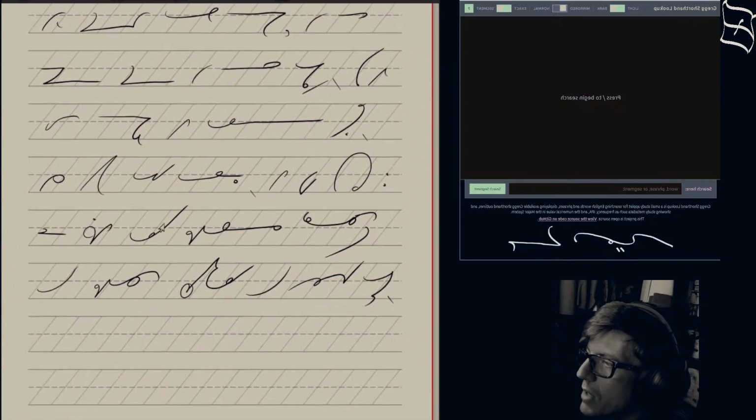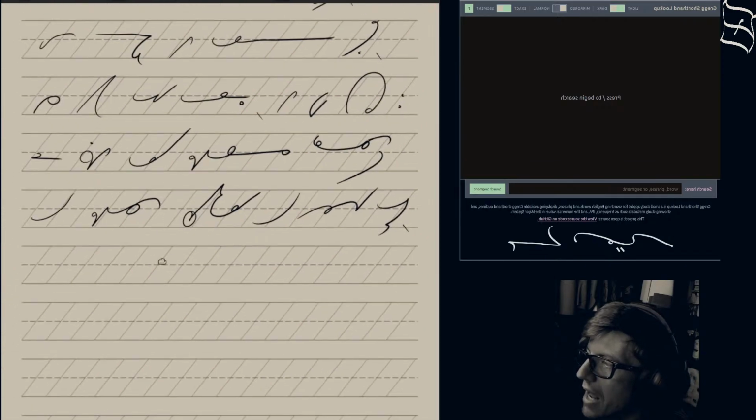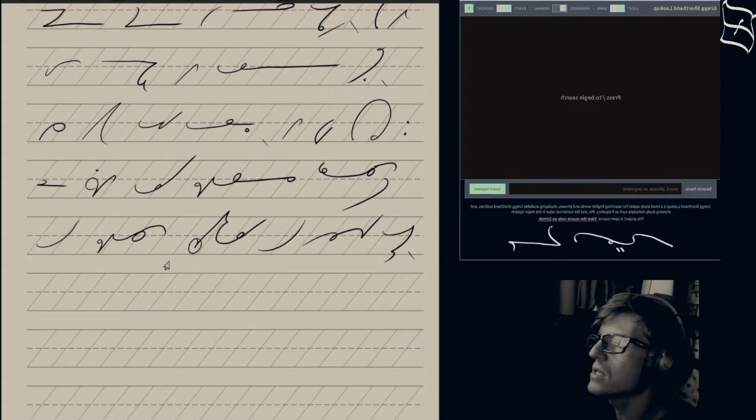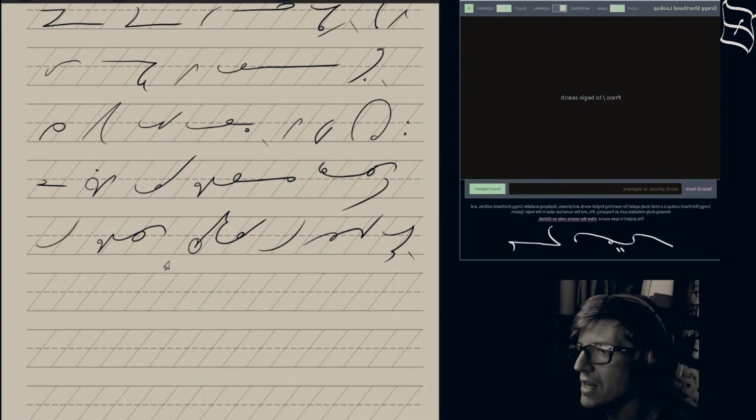I do all of my shorthand in what is known as mirrored format. This means that when I am writing, from my point of view, I am writing the text on the right-hand side of the paper and traveling to the left, as opposed to the normal method, which is to start on the left-hand side and work your way across to the right-hand side.